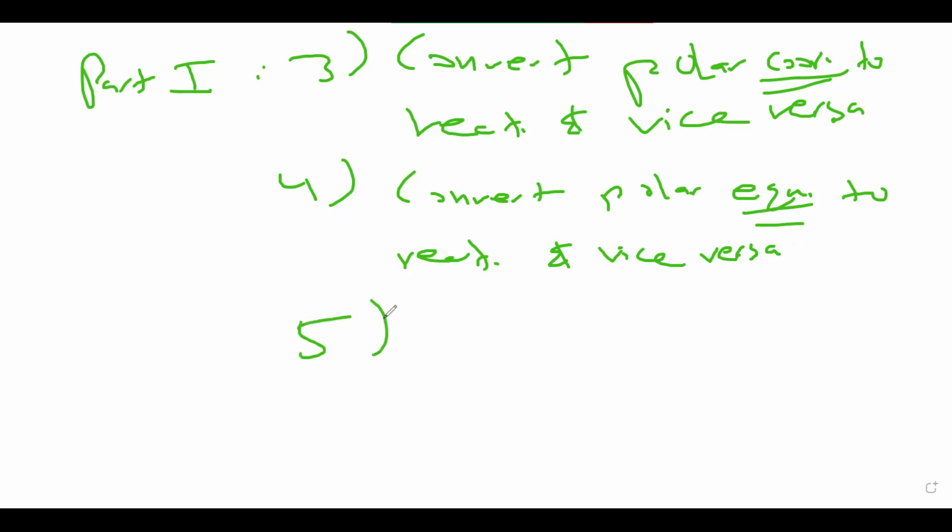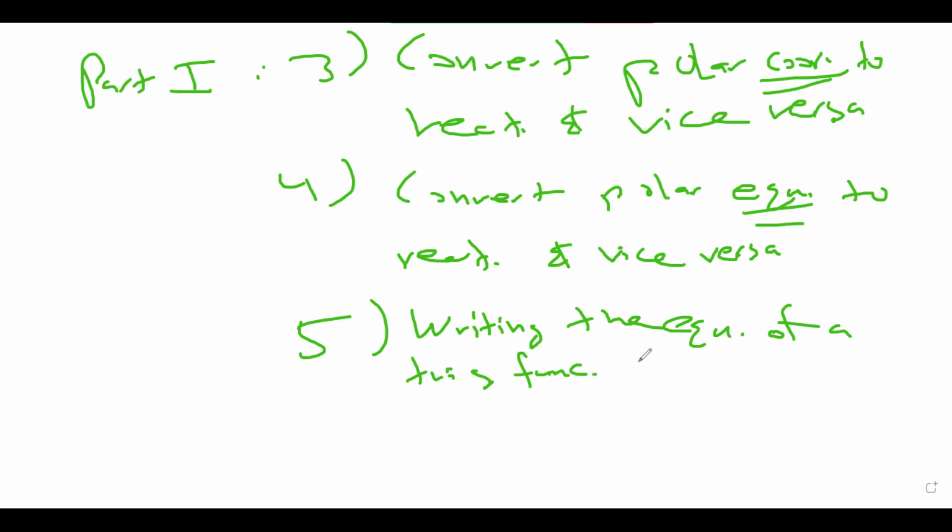And then, writing the equation of a trig function when given the graph. I won't tell you which one. It could be tangent, it could be cotangent, it could be cosine, secant, it could be sine. I won't tell you. What this means, just so you don't waste your time, is I'm not going to ask you